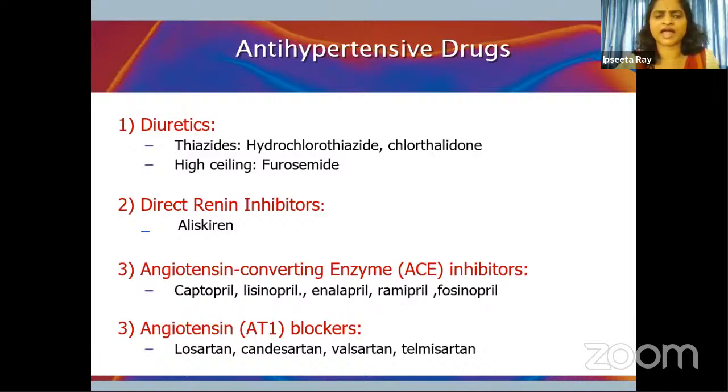Okay, so the array of drugs which can be used for treatment include diuretics. You have thiazide diuretics, which are mainly preferred. Then you also have high ceiling furosemide, direct renin inhibitors like aliskiren, angiotensin converting enzyme inhibitors, ACE inhibitors, captopril, lisinopril and allopril, angiotensin receptor blockers, losartan, valsartan,